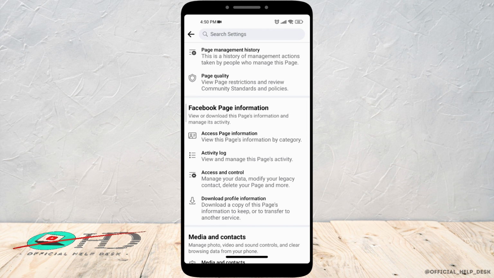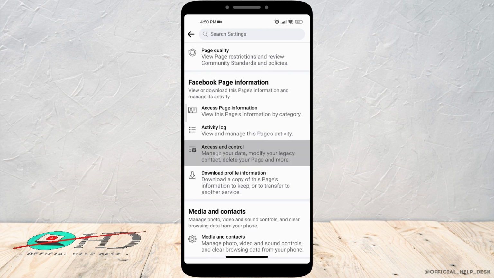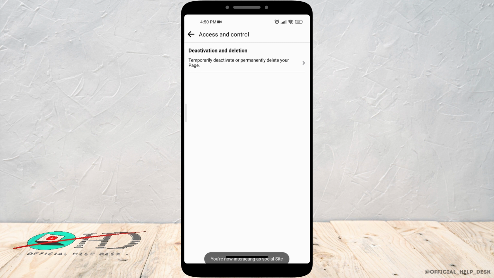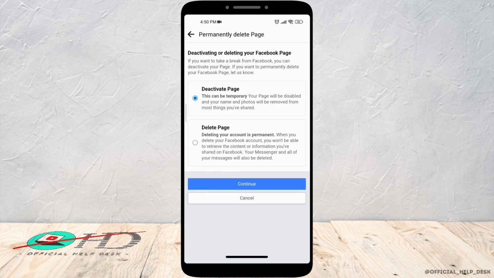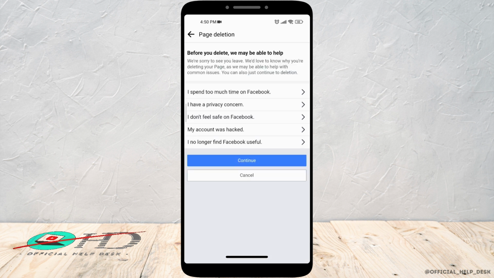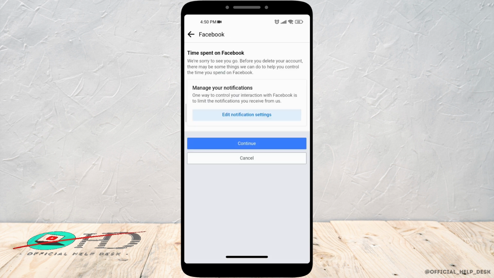and in this Facebook page information, go to access and control and click on deactivation and deletion and click on delete page and click on continue, and select why you want to delete your page and click on continue